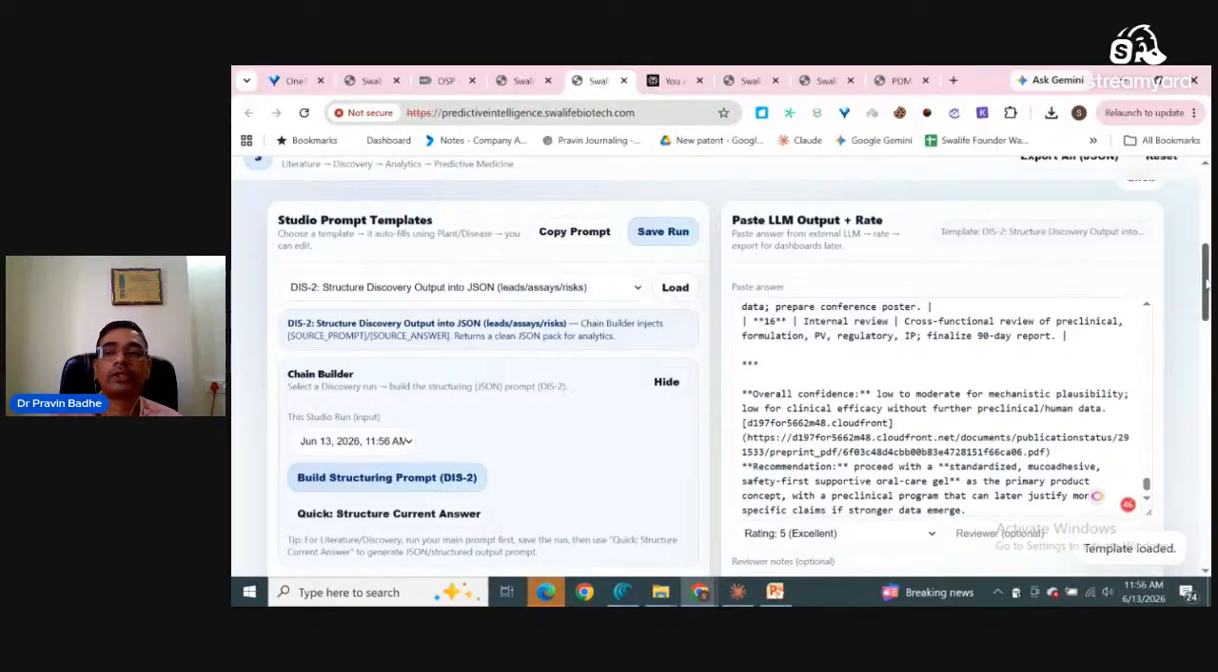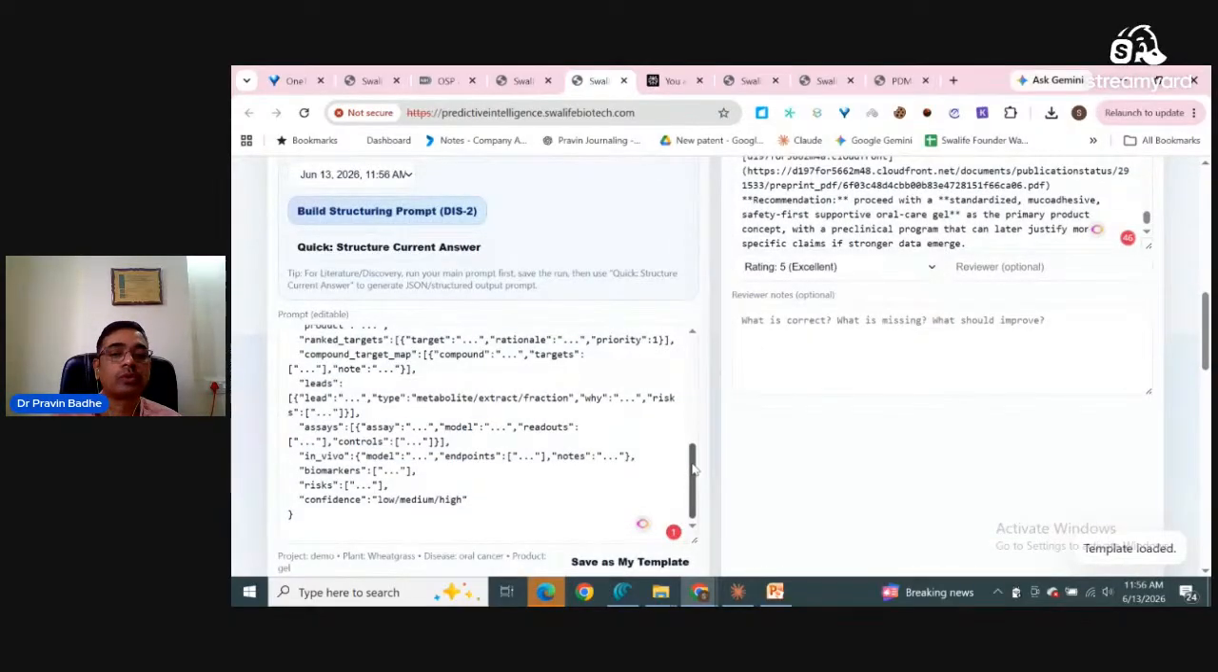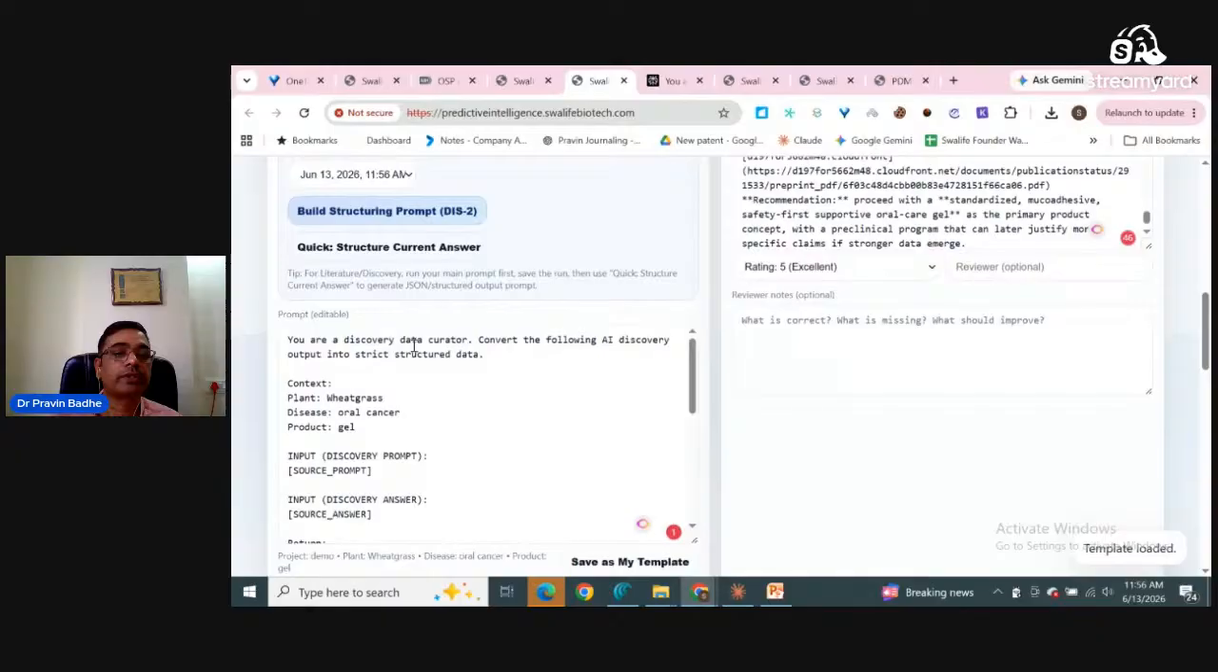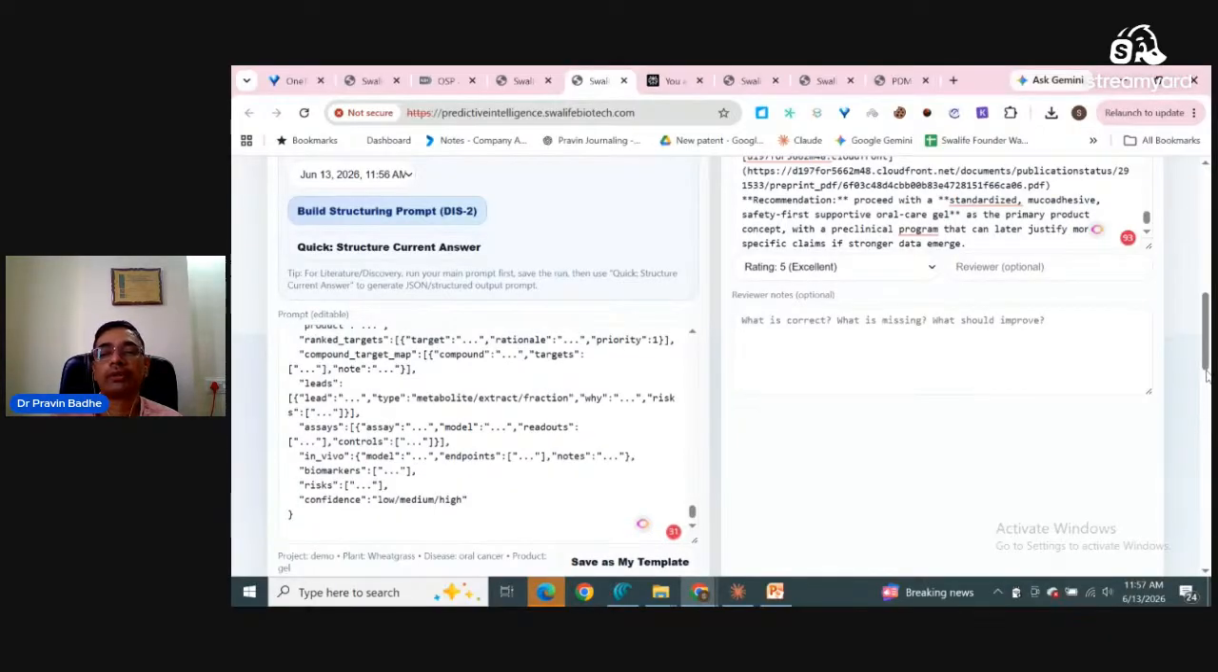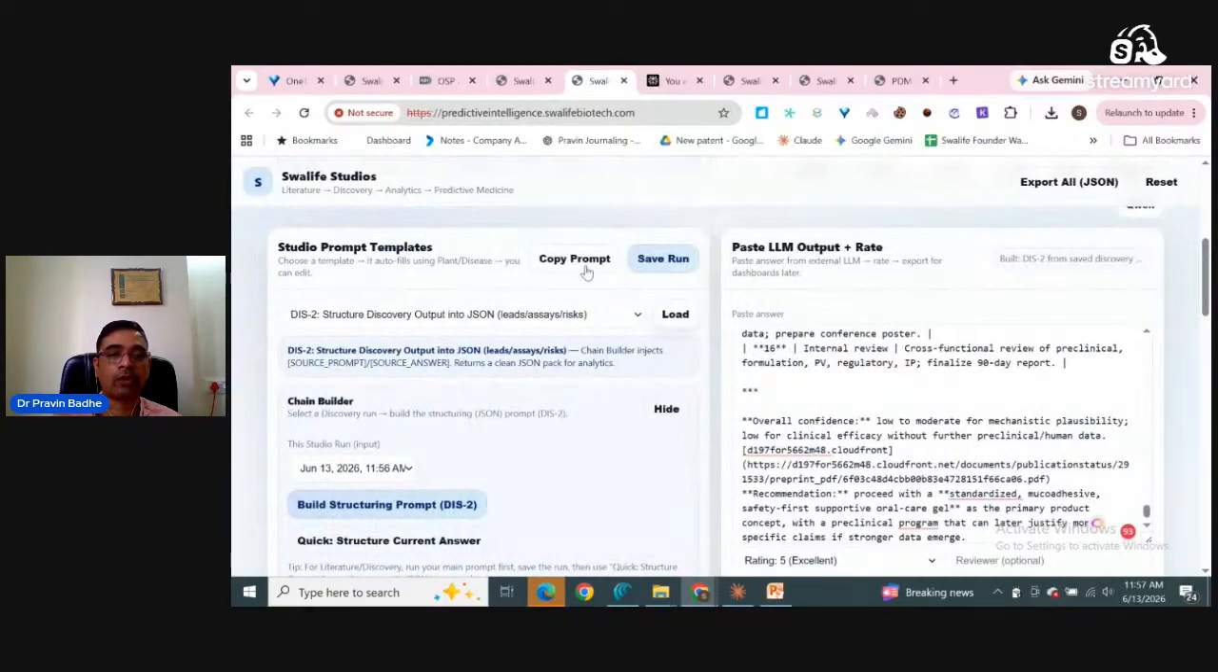But loading will change it to data curator, but it is not giving the complete data here. For that I need to click on build structural prompt. So it has built now the structural prompt for the data curation purpose, adding the complete information from both the prompts. Once I got that, you copy that